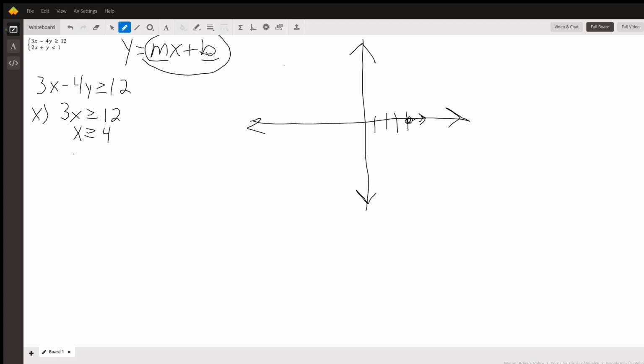of the line. Now I will find the y-intercept by setting x equal to 0. 3 times 0 is 0, so negative 4y is greater than or equal to 12. Y, I'm dividing both sides by negative 4, which means the sign flips. When you're doing inequalities and you divide or multiply by a negative number, flip the sign. 12 divided by negative 4 is negative 3. So negative 1, negative 2, negative 3. And it's going to be, again, a solid line, but it's going to